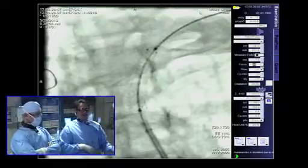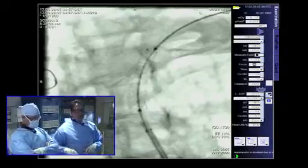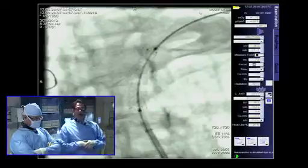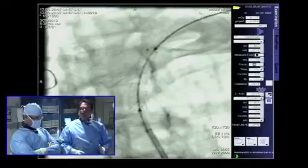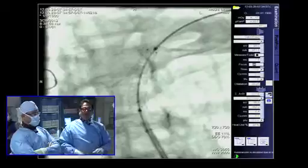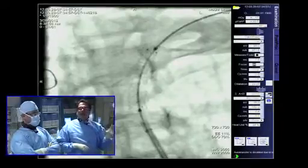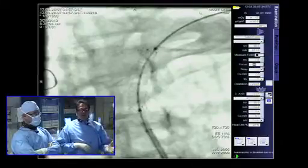Third is we recognize that the patient had pain and didn't go up further with the balloon. Now, for the coronary interventionalists out there, I know the vascular interventionalists and the radiologists know this better than the coronary guys do. When you go up with these peripheral balloons, you want to go up slowly. You want to go 1, 2, 3, 4, not the way we do it in the coronaries, up and down,